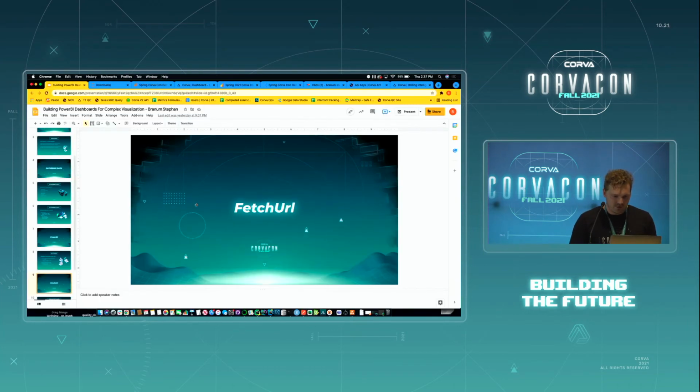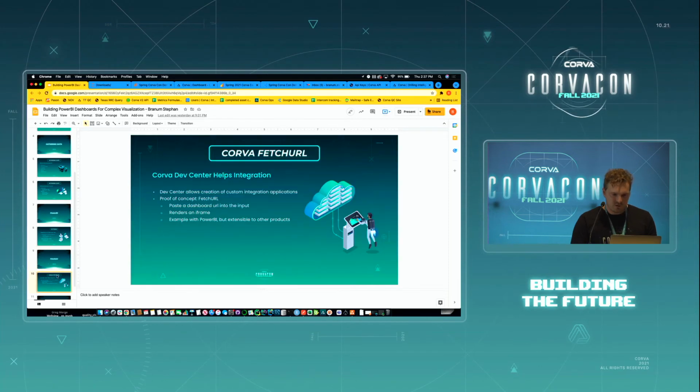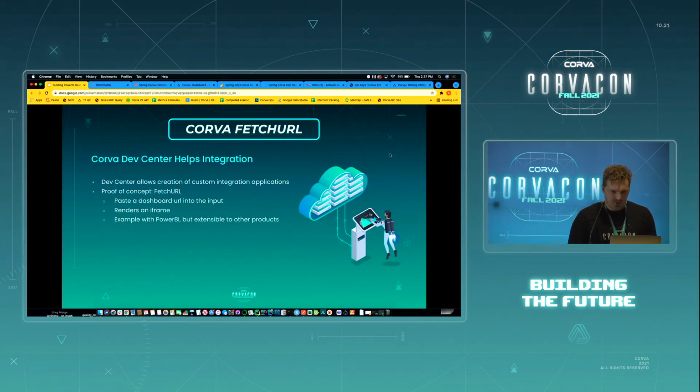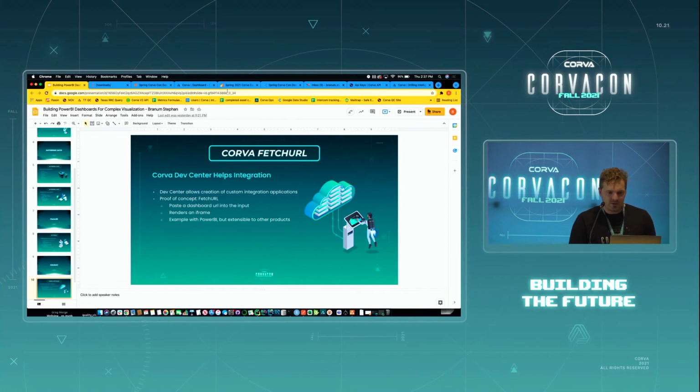So in a very short amount of time, we were able to create an application here that allows the pasting of a URL into this application, which then embeds the iframe itself inside of a Corva dashboard, which is then interactive. So what I want to show you guys here is